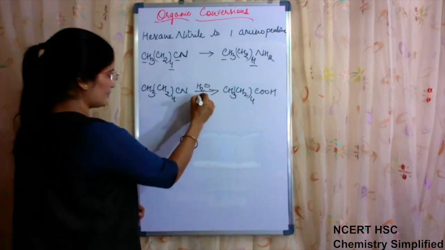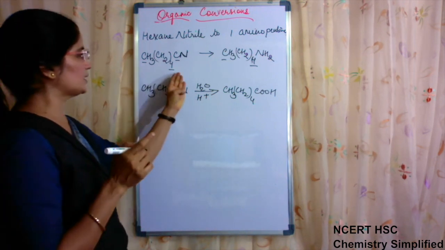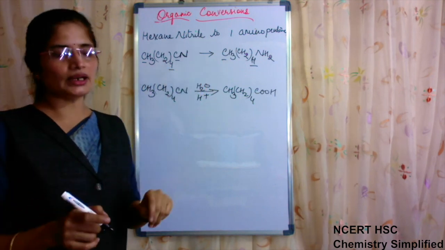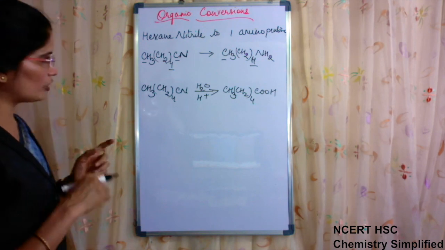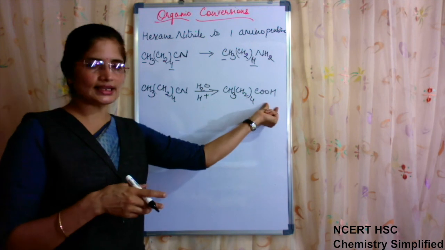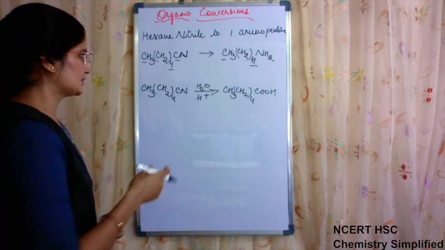Now hydrolysis I have done in the first step because I am trying to reach 1 carbon atom less, 4 and 5, here 4, 5 and 6. 1 carbon atom less, that means I want to use the Hofmann bromamide reaction. So for that I am thinking that first I should reach the amide. For amide I want acid. So that is why I have converted this cyanide into acid.